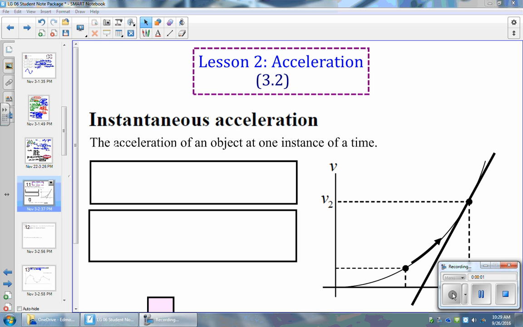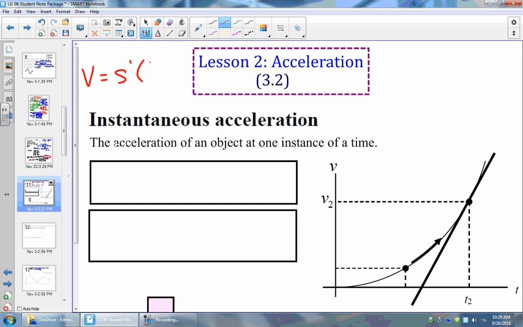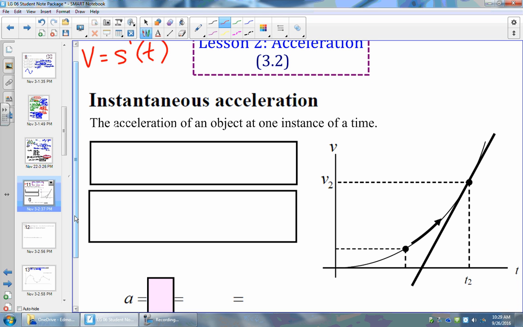All right, so we are continuing on with Learning Guide 6, moving on to Lesson 2, which is talking about acceleration. So in Lesson 1, we talked all about a position time graph and velocity, and how velocity was the derivative of our position time graph. So remember, velocity was the derivative of our position time graph. What we're talking about now is acceleration, which is one step further. And we're going to talk again about instantaneous acceleration, because obviously that's going to allow us to see what's happening